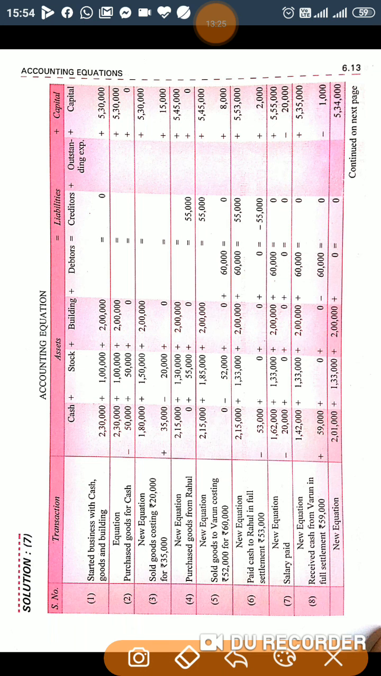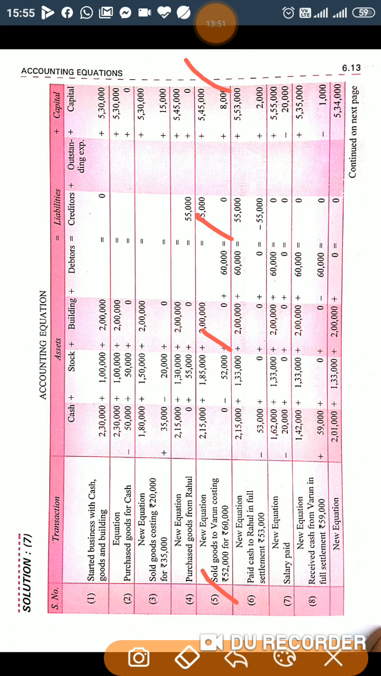Now next transaction is sold goods to Varun, costing rupees 52,000, for 60,000. So stock is decreasing by 52,000, and Varun, it is credit sales, so Varun as a debtor is increased by 60,000. And the difference between 60,000 and 52,000, that is 8,000, this is a profit, it should be